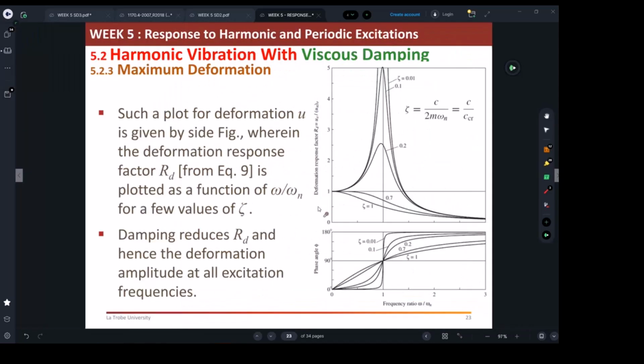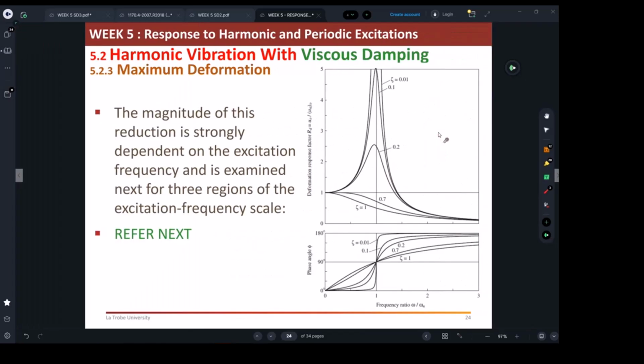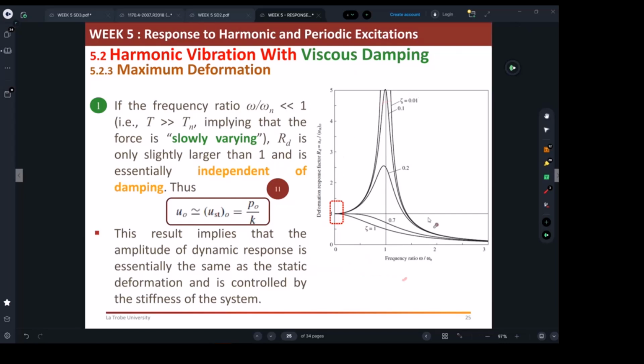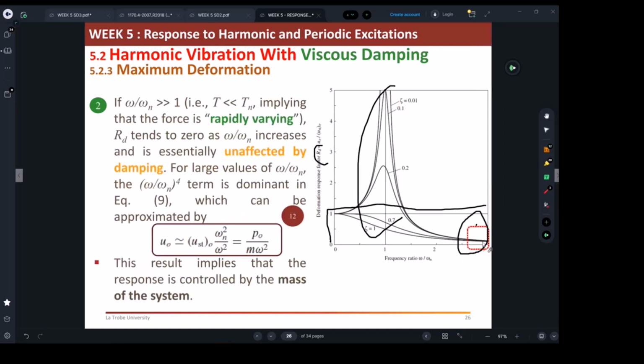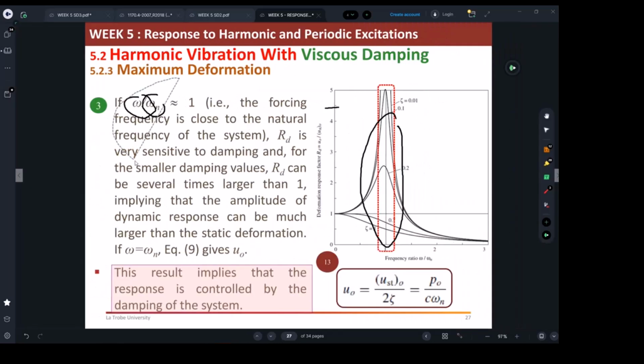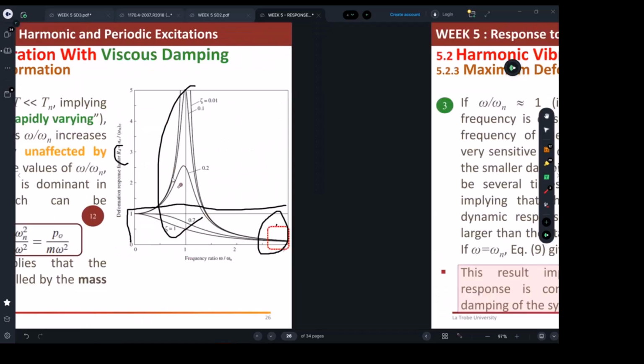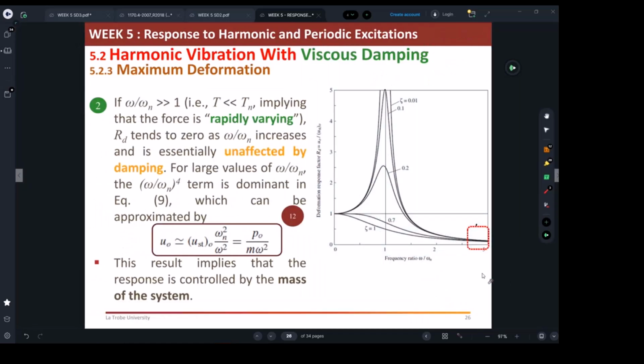Go through this, which further explains what those charts are about, and try to go through this examination for the frequency response curve. Understand what it means for a building to be situated here. Understand what it means for the building to be situated here. Understand what it means for a building to be situated at the very right of the curve. So now that we are done with those three situations,